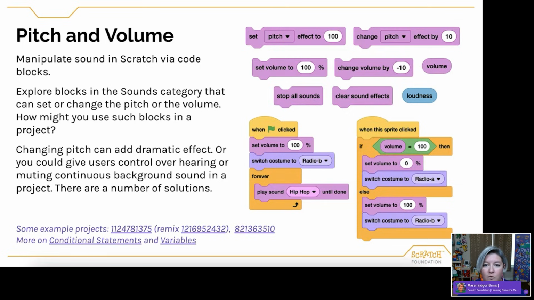In that sound category, you'll see blocks about pitch and volume. There are also blocks to stop the sounds that are currently playing, to clear sound effects like the pitch, to give users control over maybe hearing or muting continuous background sound. Sometimes that can be really overwhelming to viewers of the project, and they want the ability to turn that sound on or off. So there are a number of ways to approach giving that kind of control.